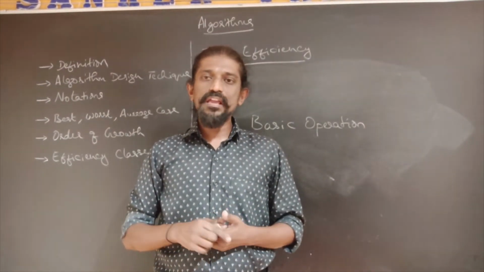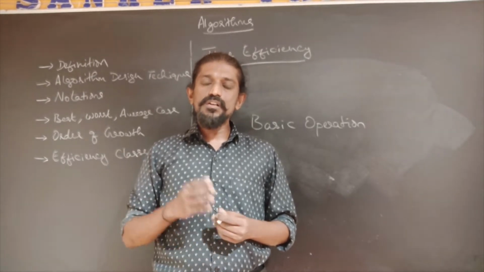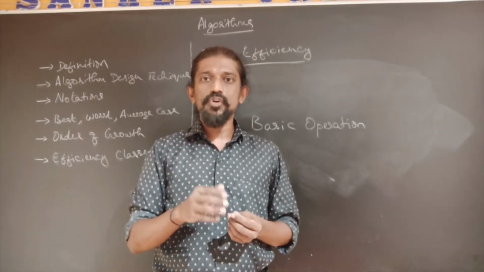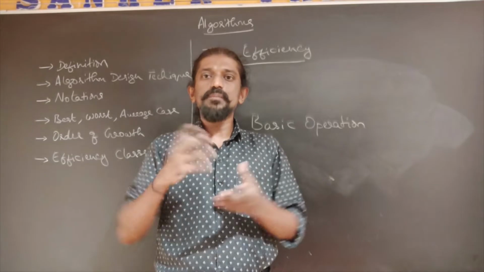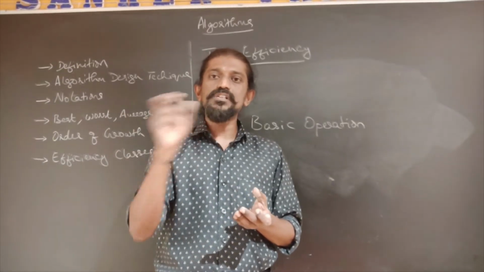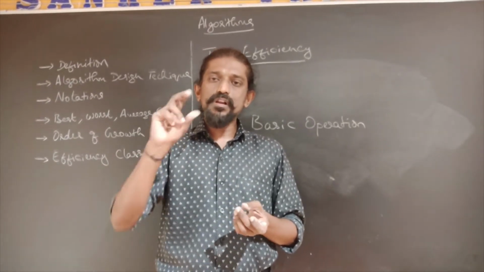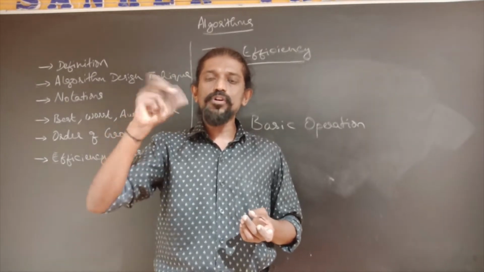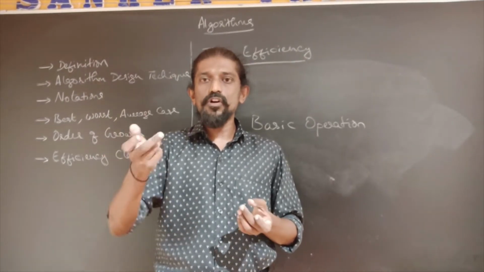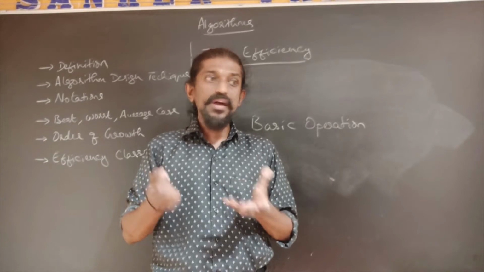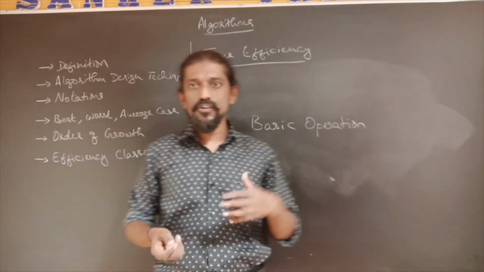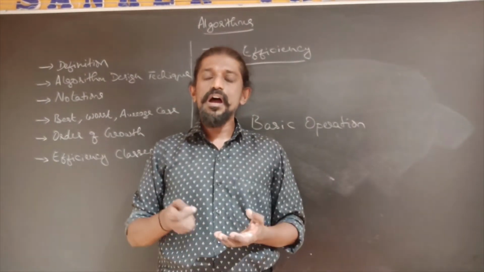For example, if you take any searching and sorting algorithms, they are based on the comparison operation. We compare and then we make some decisions. In searching, whether the key element is present or not. In sorting, after comparing, we check whether the elements are out of order or in order. If they are out of order, we make a swap. Therefore the comparison operation can be considered the basic operation for searching and sorting algorithms.